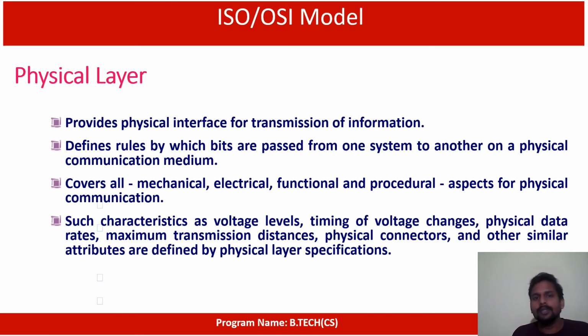When the ones are getting passed through, then automatically we can say that electrical pulses will be on. If it is off, then we can say the information passing through is zero. That's why they say it will cover all the mechanical and electrical functions. So the binary level information will be passed on this physical layer. Now this information does not have any structure. It is simply raw bits.